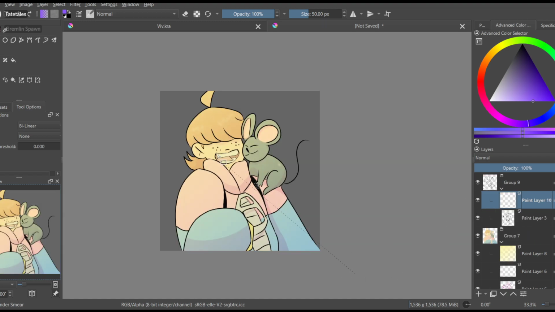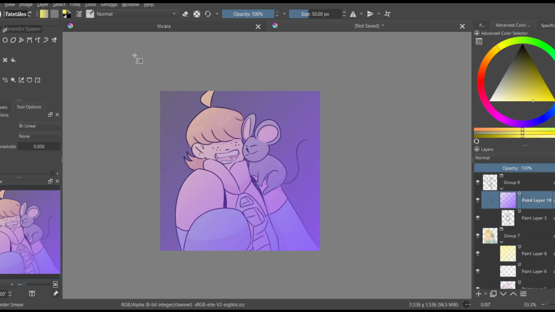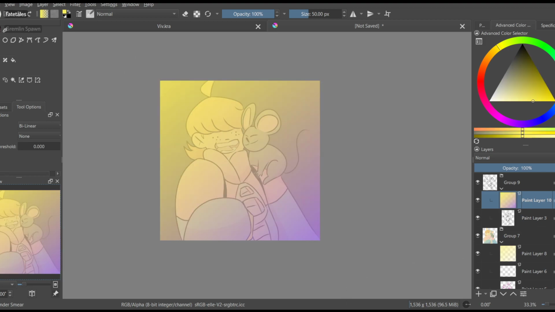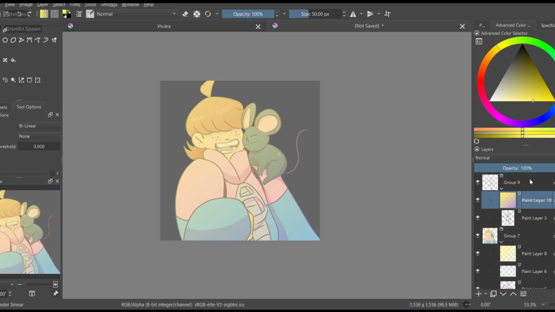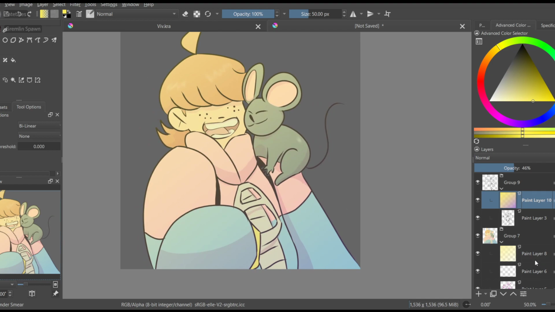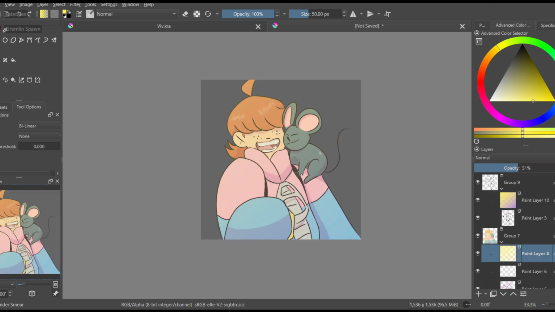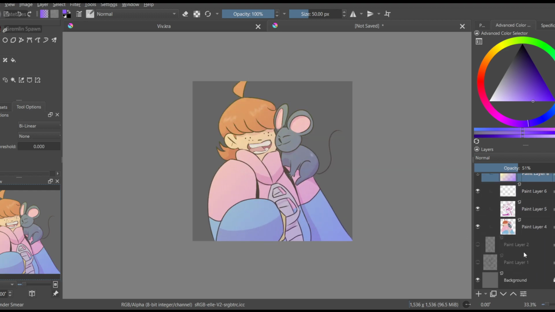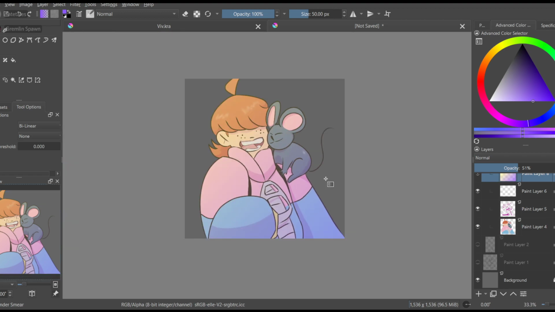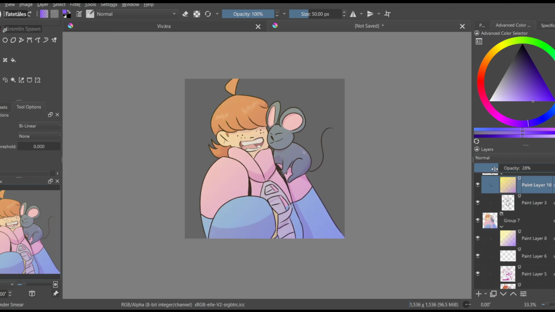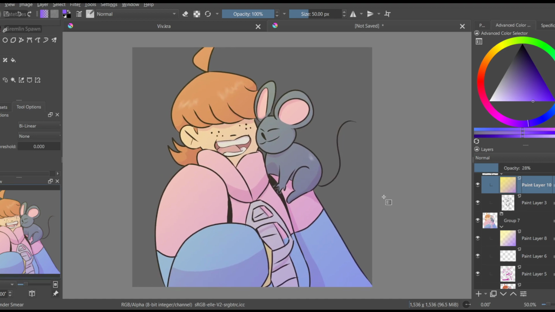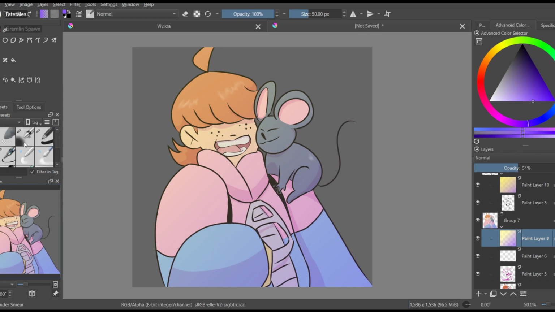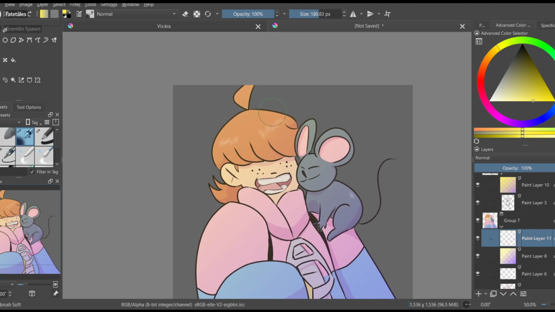And make sure to have a different layer happening when you try to do this. And then we go alpha lock. Bring that down. Bring this down. And then go some purples to create just some cute little shadows. And let's lessen the opacity of this. And then we just take some of this, grab that yellow again with a big brush, alpha lock,